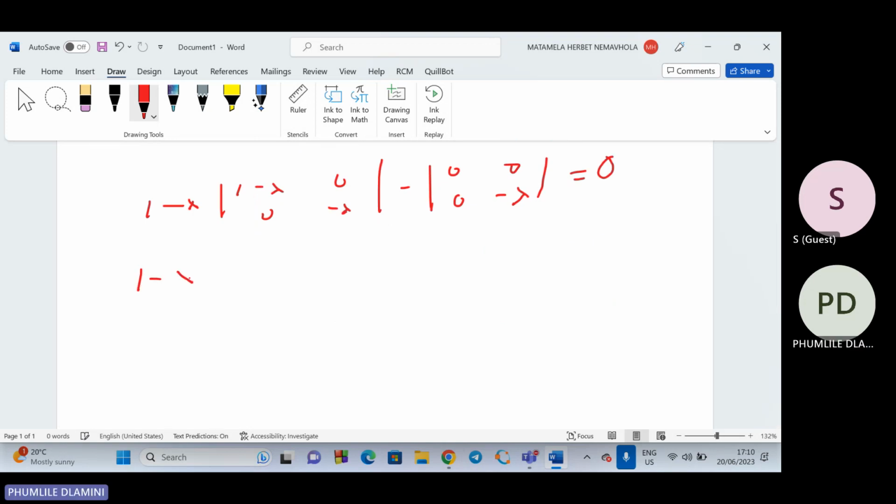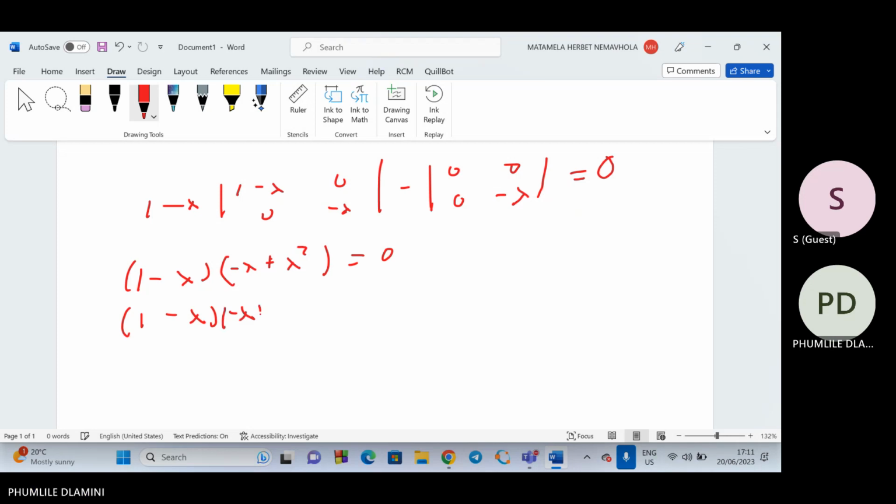Then 1 minus lambda times this, we will see that we are going to get lambda plus minus lambda plus lambda squared. And 0 times 0 is 0, then minus here is 0 and 0. This is equal to 0. So if we solve this, we can see that we have a lambda outside. We can take out lambda, or rather negative lambda. If I take out negative lambda, you will see that this matrix is going to be 1 minus lambda